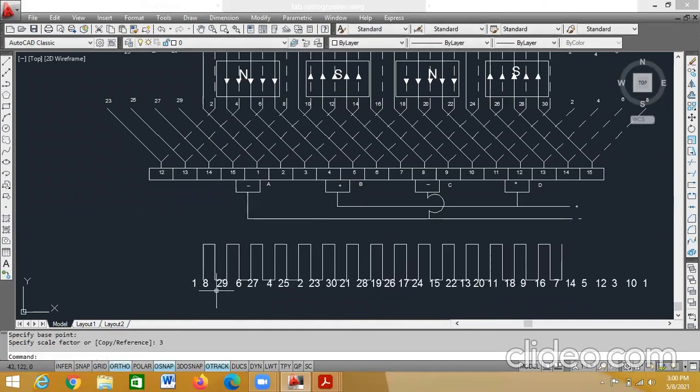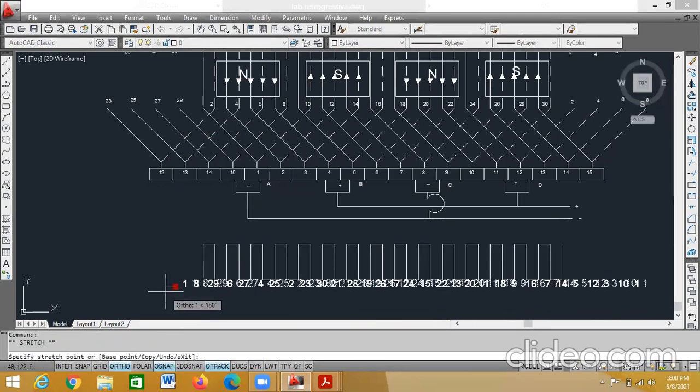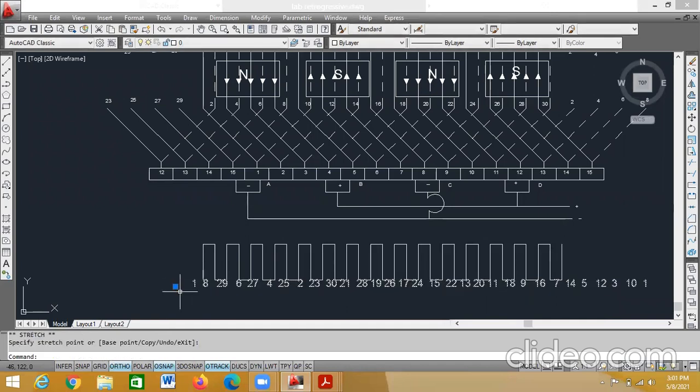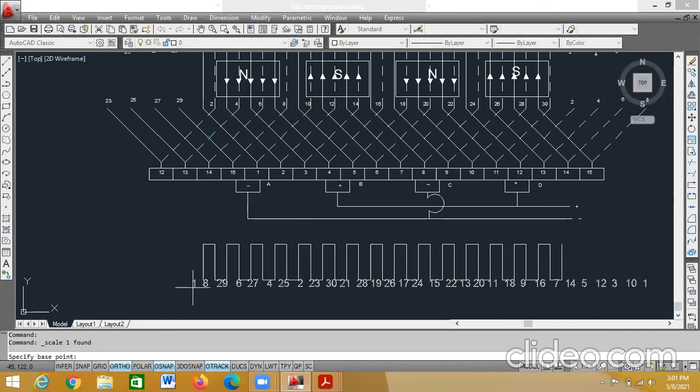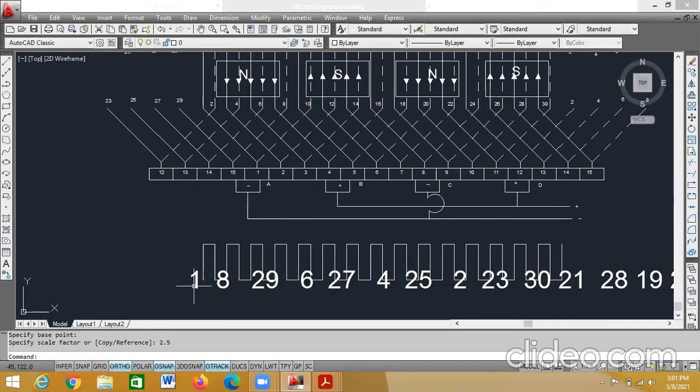Three is more. So instead of 3, again I'll further reduce. I'll make it as 2.5. Enter. It is increasing. So approximately you have to change like this.